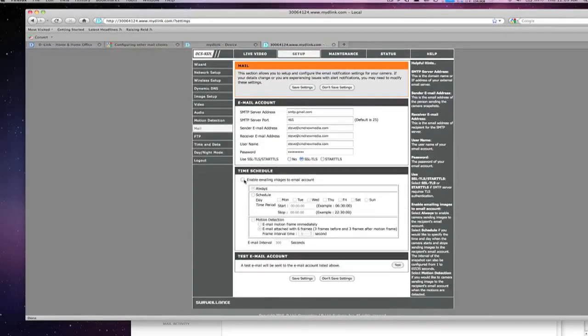Down below you'll see the time schedule will enable emailing of images to this email account, set up motion detection, and email the attached frames. We'll save those settings,